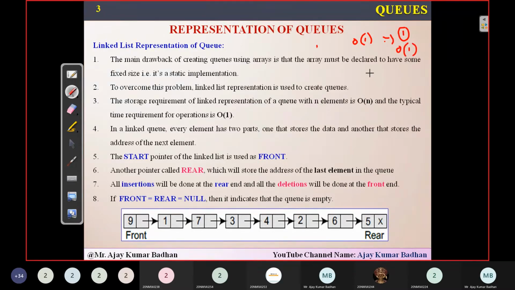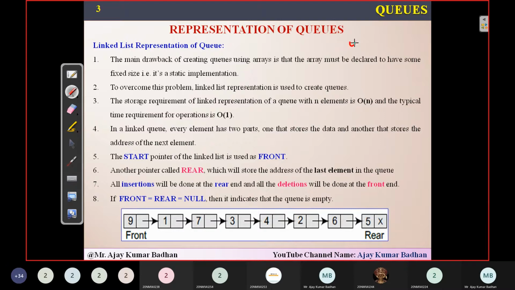Same way, if you want to display the elements, then definitely it is order of n. Remember that for displaying, the time complexity will be order of n. Why? Because you have to display the n number of elements that are present. Suppose there are 5 elements, it will take 5 units of time. If there are 10 elements, it will take 10 units of time, because each element will take 1 unit of time to execute. Why unit we are using here is because we are not specifying. We don't know exactly how long it is going to take, whether in milliseconds or in seconds and all.